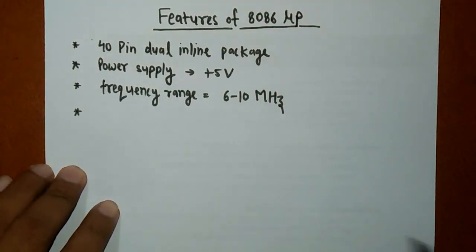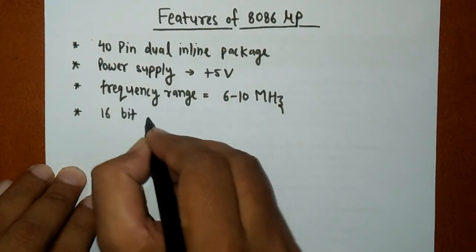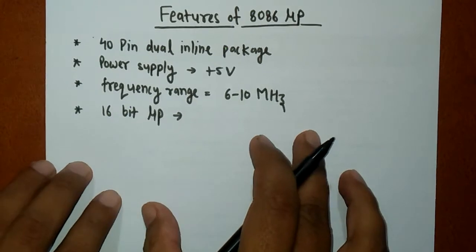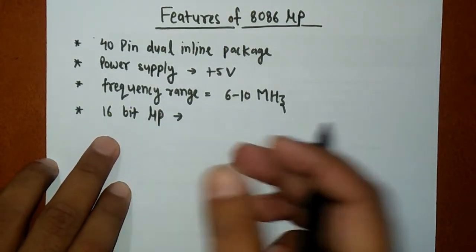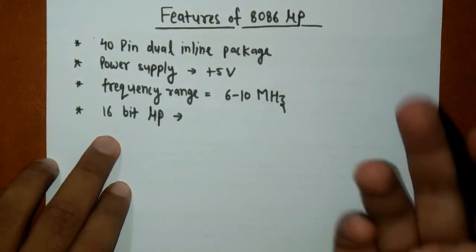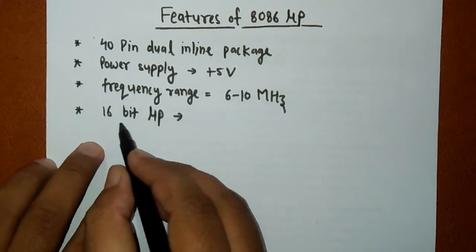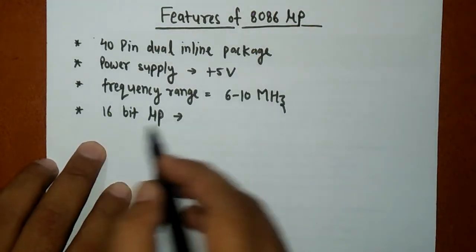Next is it is a 16-bit microprocessor. It is a 16-bit microprocessor, and it means that at a time it can perform maximum 16-bit operation. That means if you want to add two numbers or subtract two numbers or multiply or any logical operation, then you can use maximum 16 bits of data for that purpose. So it is a 16-bit microprocessor,